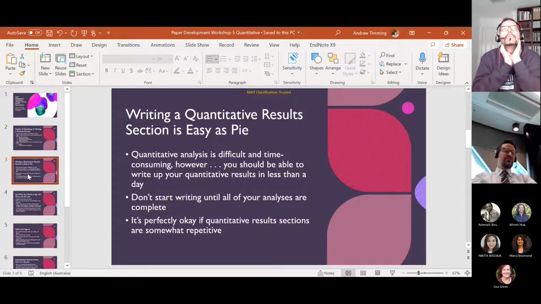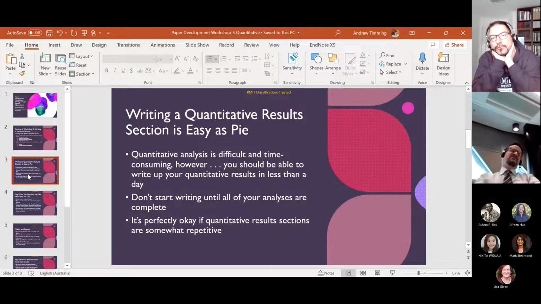In fact, one thing you can do is copy and paste previous results sections, at least if you use a similar method, and then simply change a few things here and there to tailor to the unique results of your new paper. But again, don't waste too much time on being stylistically